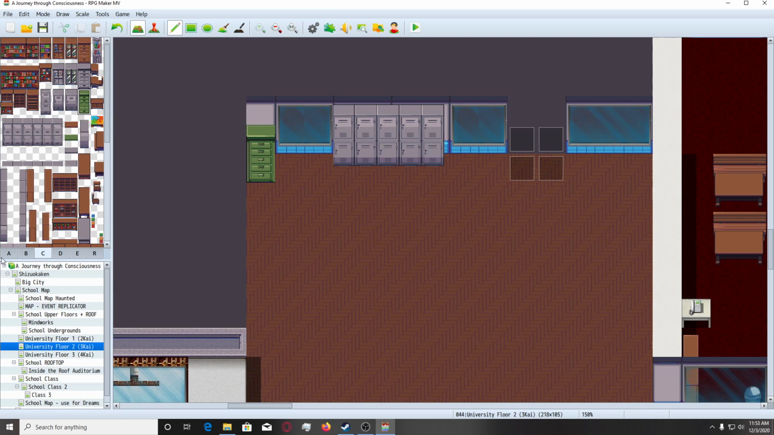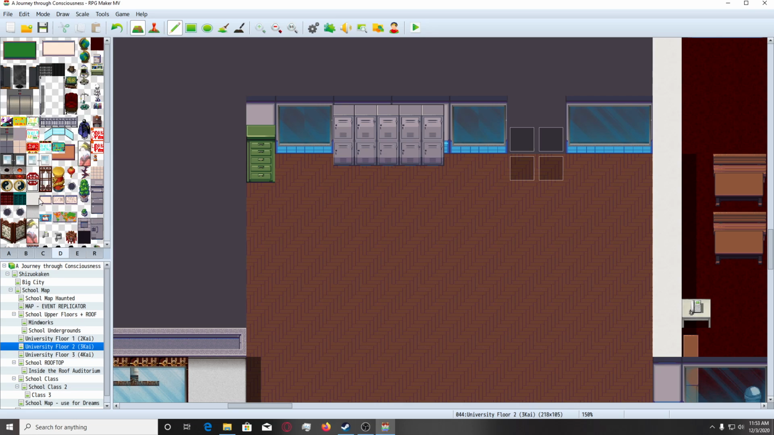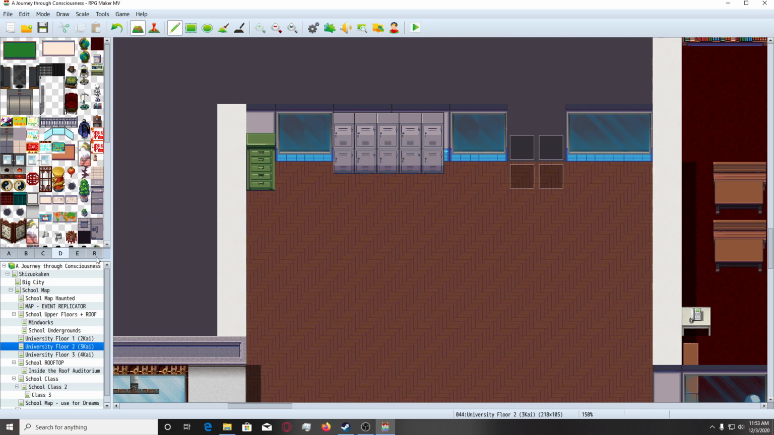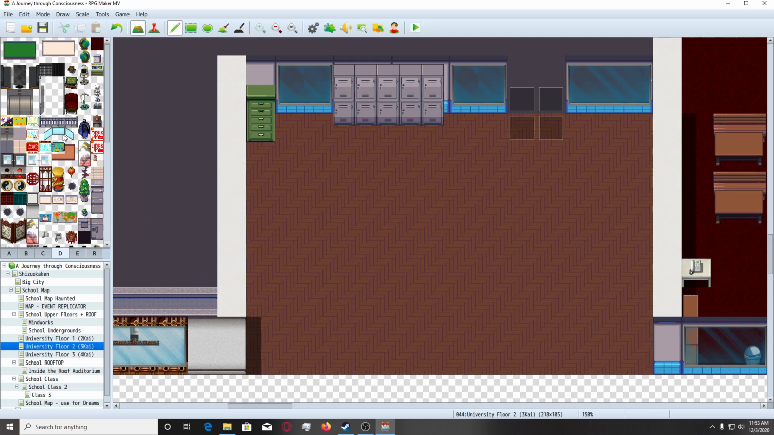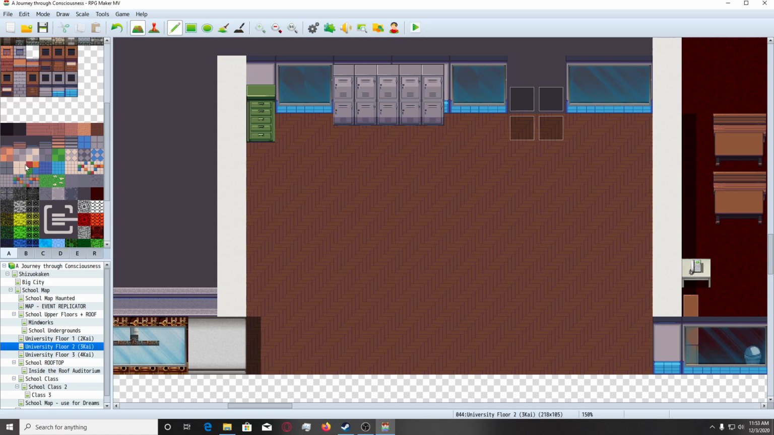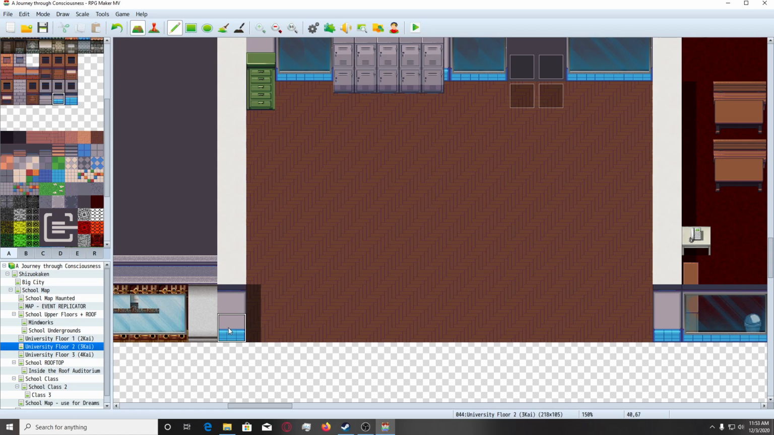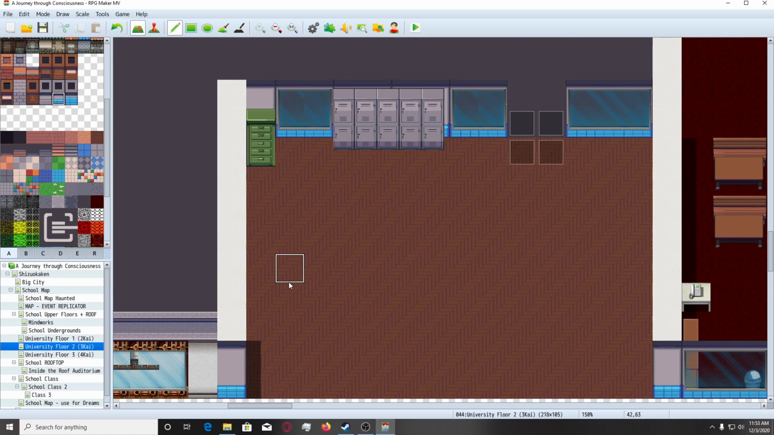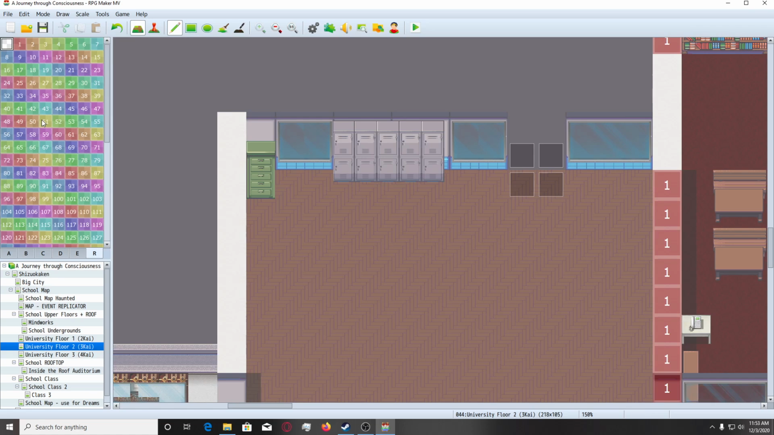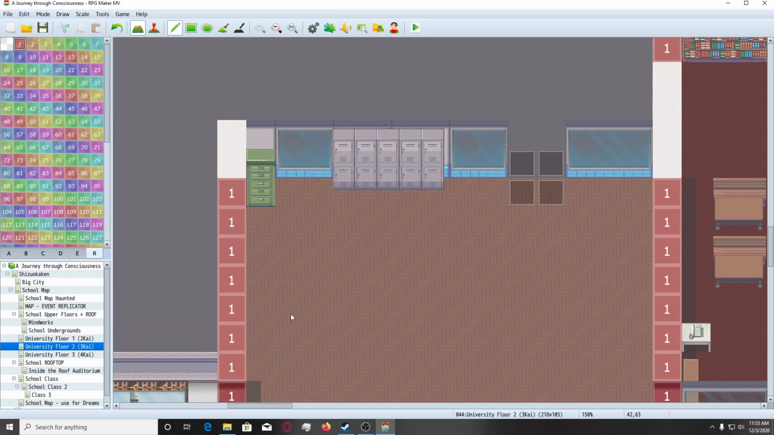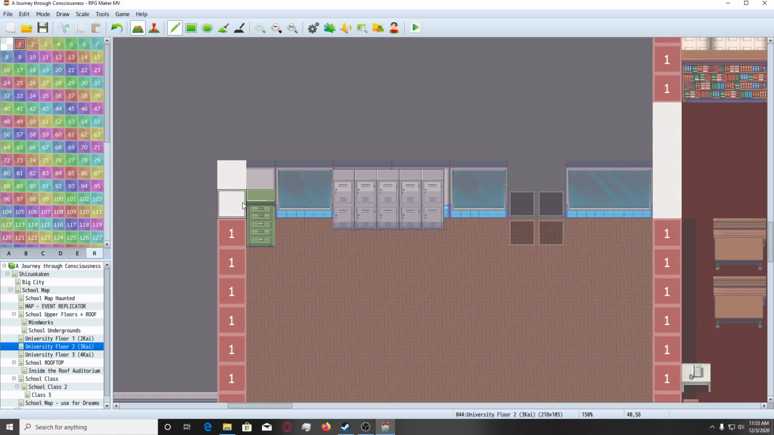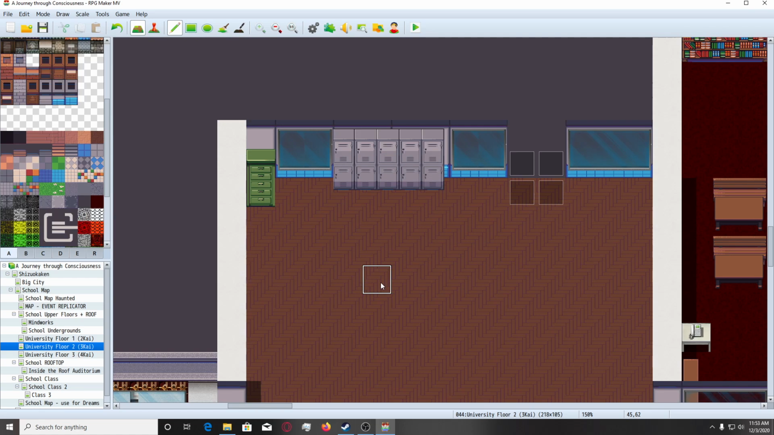Put it back. The wall, and since I'm using, let's see, this one in here. Okay, since I'm using Yanfly's region restrictions, these are gonna be restricted. This will not be restricted because the player can move below it. So now that we have something like this,